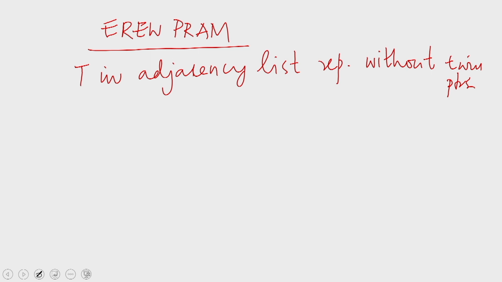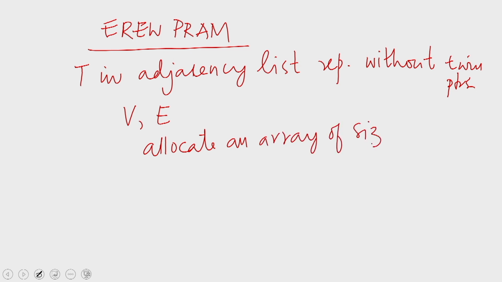We have the adjacency list representation without the twin pointers, which means we have the two arrays V and E. Within E, we do not have the twin pointers. So, to find the twin pointers, what we do is this: we allocate an array of size V squared, which we visualize as a two-dimensional array. In this array,